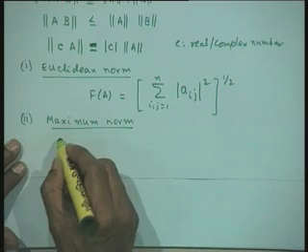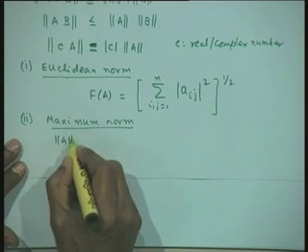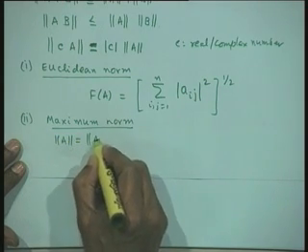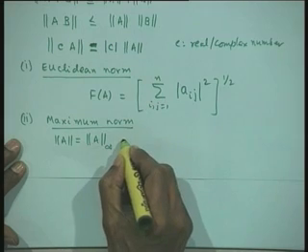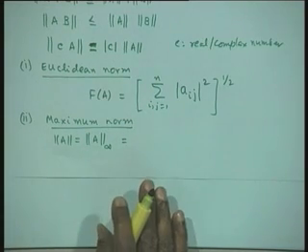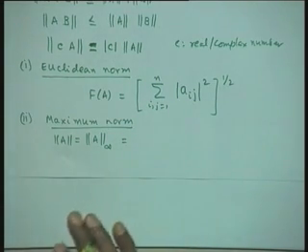One definition is the maximum norm of A, denoted by norm of A with a suffix infinity. I take any row, take the absolute values of all the elements, and sum them up. There will be n such row sums. I will take the largest of them, that is the maximum absolute row sum, as a measure, and that is called the maximum norm. So, that is denoted by this.